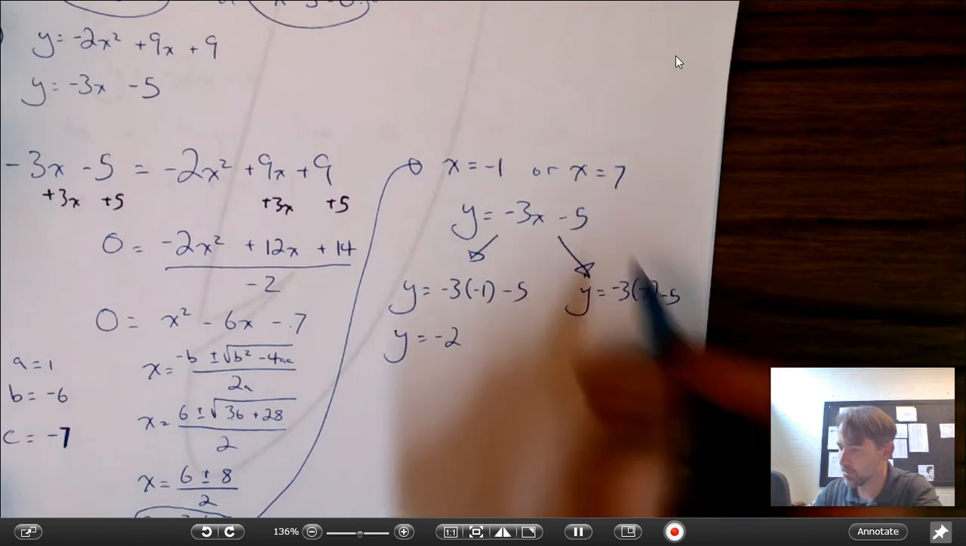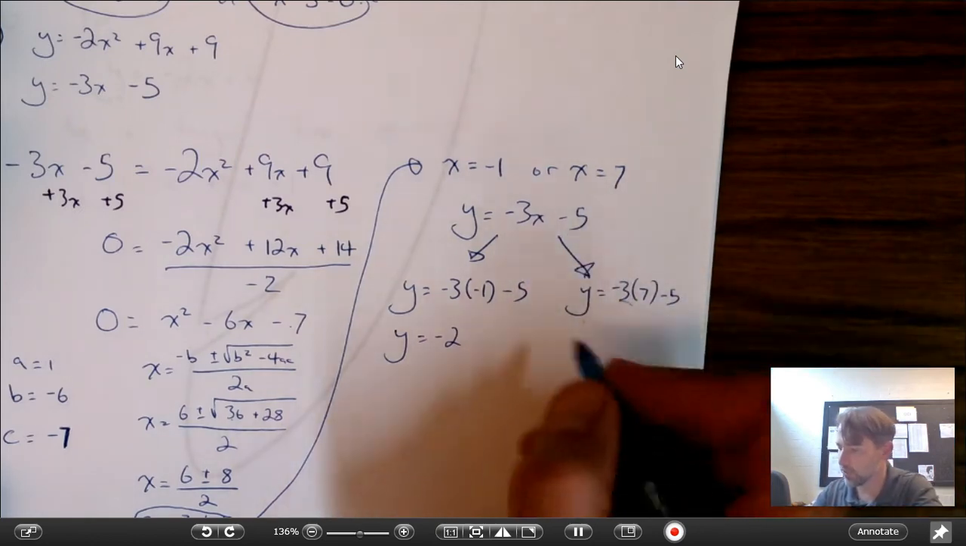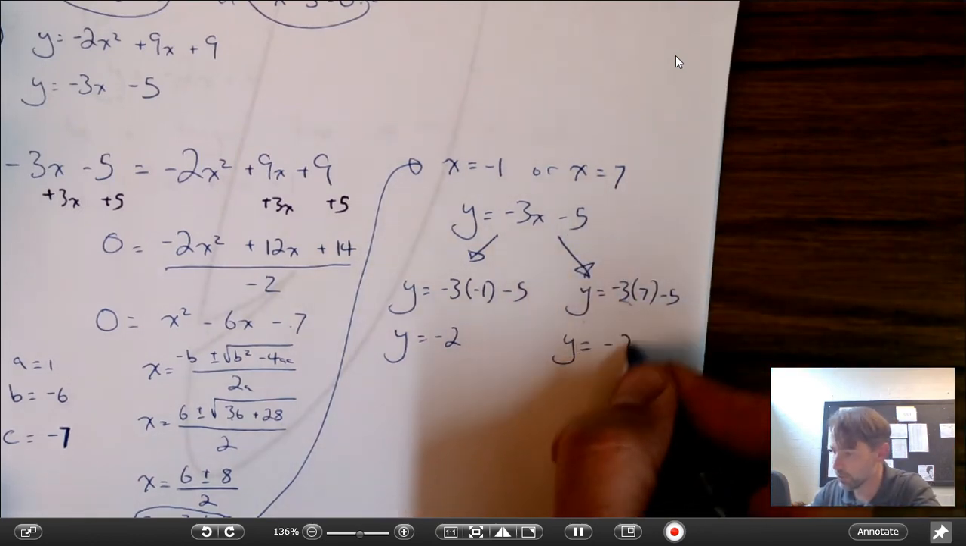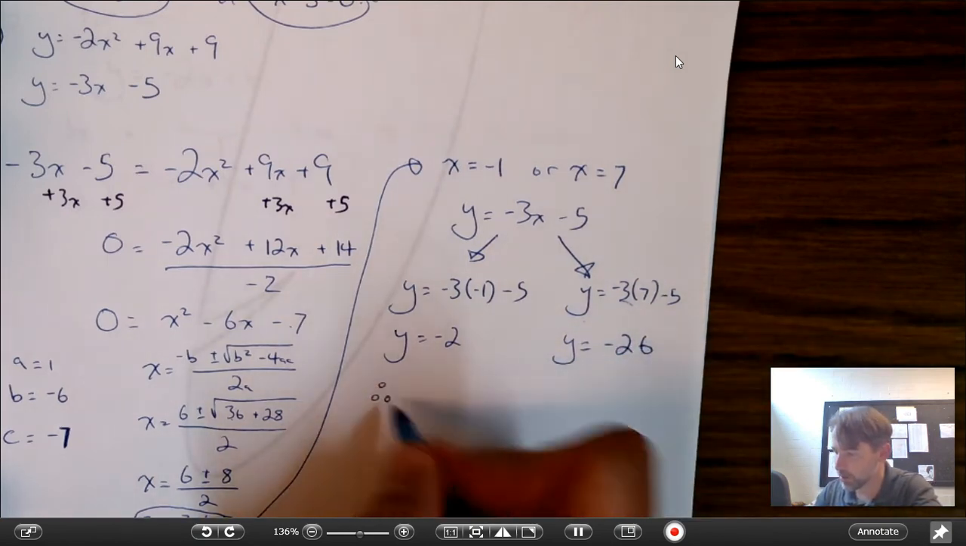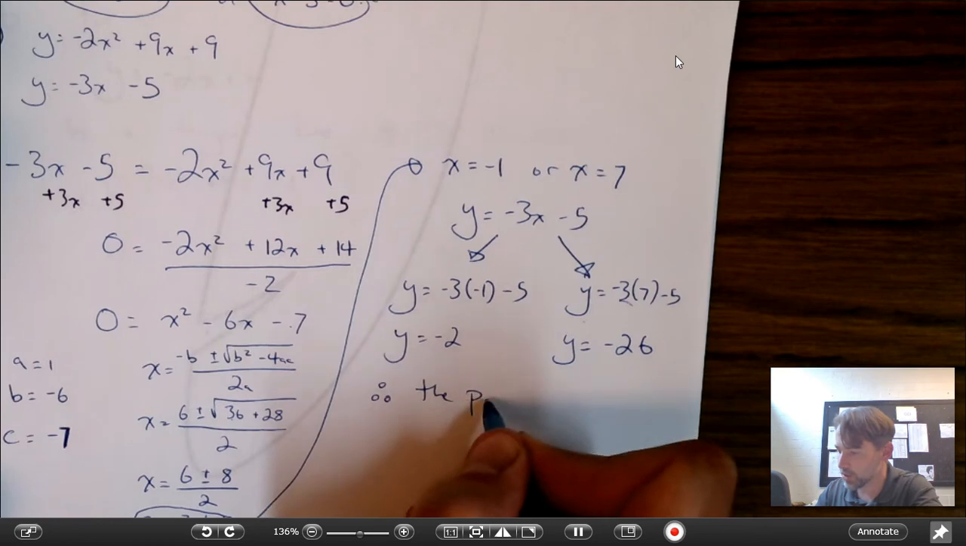Okay? Negative 3 times 7 is negative 21, minus 5. Y is equal to negative 26. Okay, and that gives me my 2 points. Therefore, the points of intersection